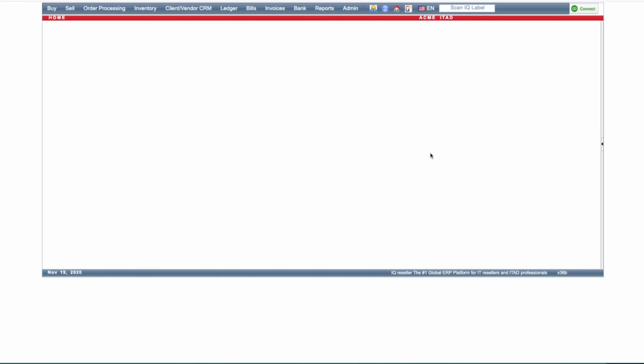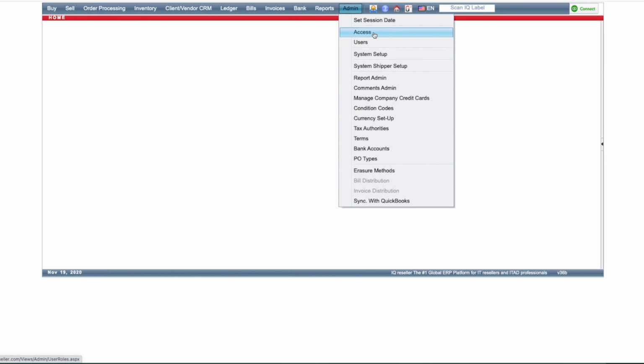Okay, in this video, I'd like to cover the user access and setting up access for users. This is one of the first things that you will want to do when you add a new user into IQ Reseller. You will want to go into Admin, and set up the user access here. First thing though, when you do set up the user,